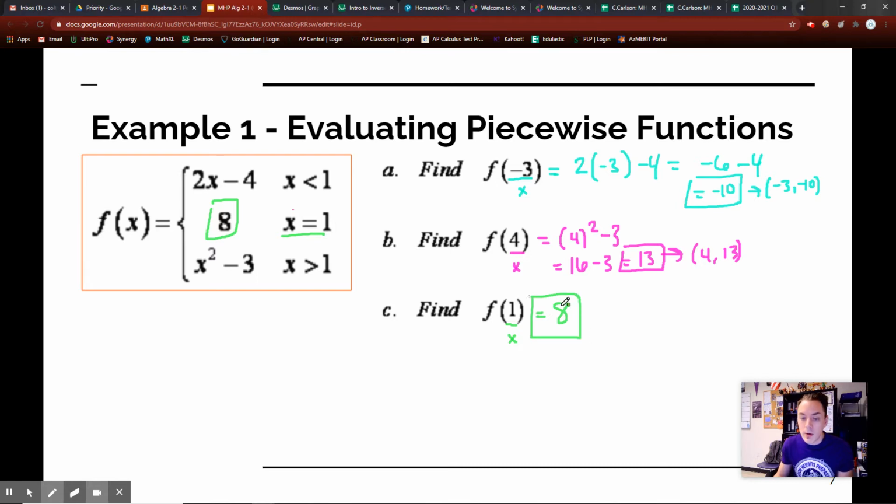Yeah, guys, remember, what does f of x mean? F of x means y. What this is saying is y equals 2x minus 4 with some sort of piece. What it's also saying is y equals 8, where x equals 1. And then y equals x squared minus 3, where